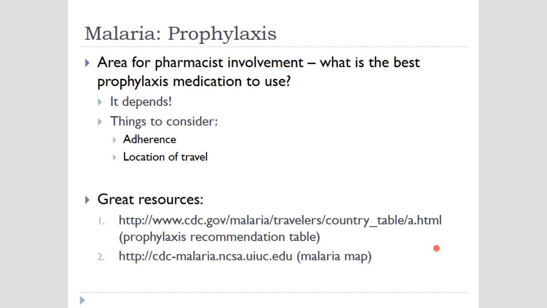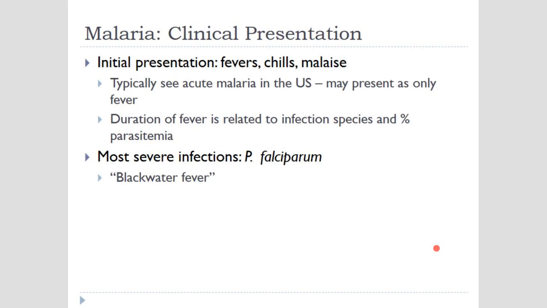not that the others are not, but these are the ones in terms of the color that we talk about, in terms of the disease that they normally get. When we talk of the presentation of these people, as said, typical is fever and malaise. People we see with fever in this part of the world, duration of fever depends. And then again, as we talked about, a very serious form of disease is called blackwater fever. If I was to ask you what causes blackwater fever and give you all the 4 different species of plasmodium, make sure that you know it's falciparum.